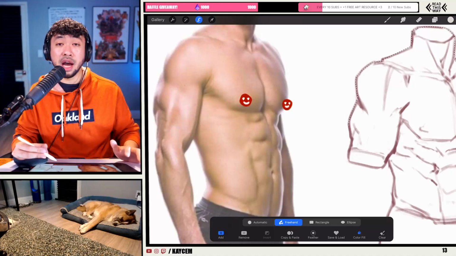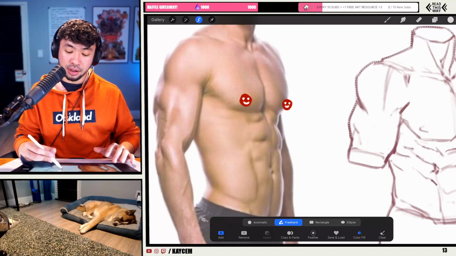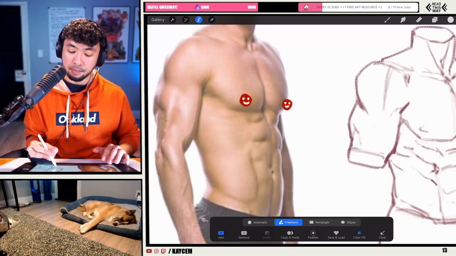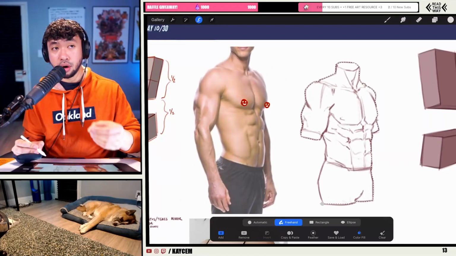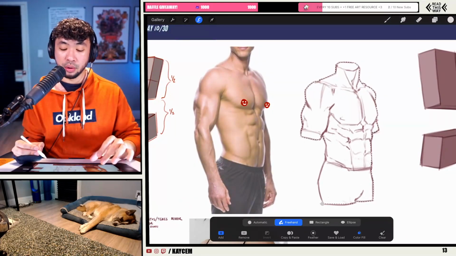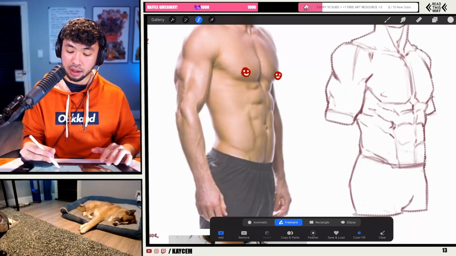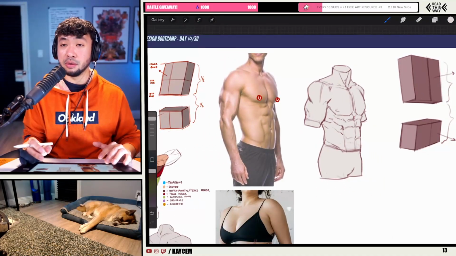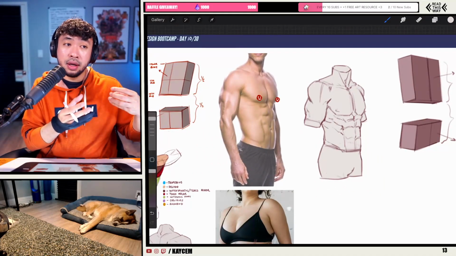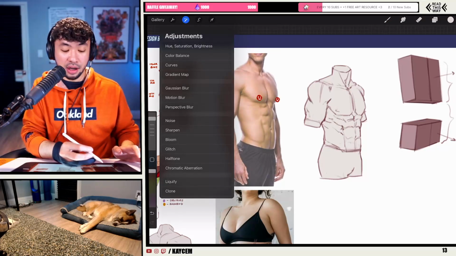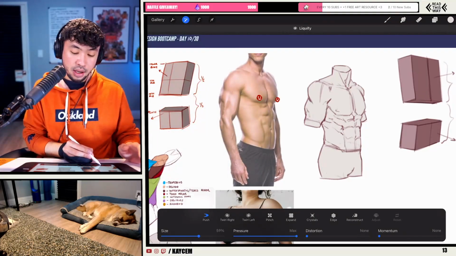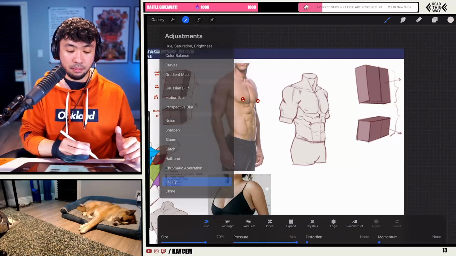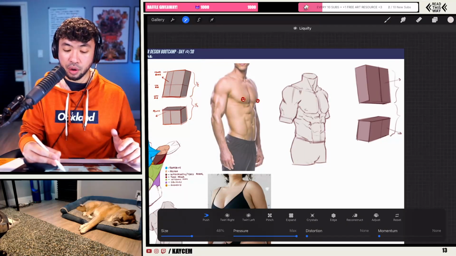I get this question all the time in my chat where it's like, do I really need to know the anatomy to draw? The short answer is no, you don't need to. But I do think that there are ways to make learning more fun, more enjoyable, and also more integral in the personal work that you're doing, such that it doesn't feel like a chore. It doesn't feel like you are fighting against yourself and the desire you have to want to get better and to want to make better things, right? And part of the ways to do that, honestly, I think, is by combining your studying with the things that